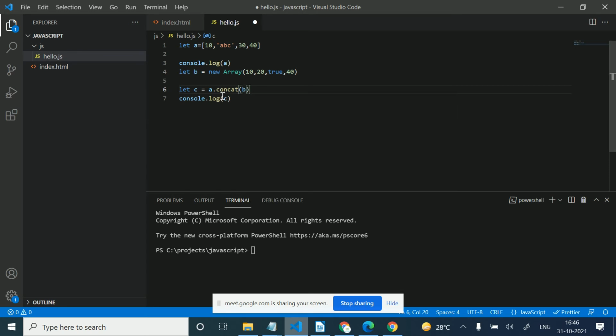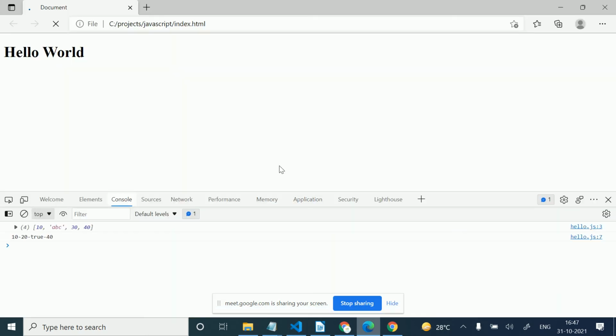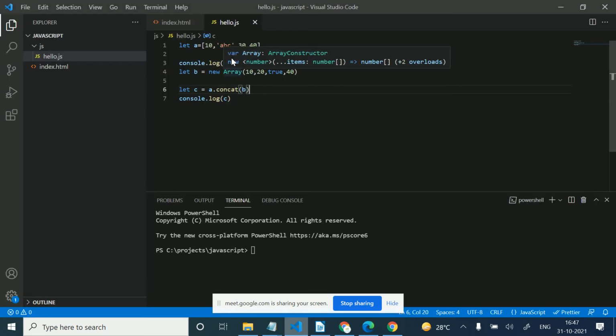Simply we can concatenate one array into another array. Okay. So let's check. So now you can see this. We have all the four values of A and the next three values of B as well. So now these two arrays are merged into one array in C. Okay. So this concat method is used to concatenate two arrays into one array.